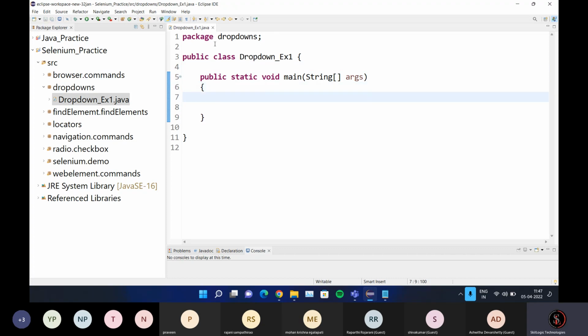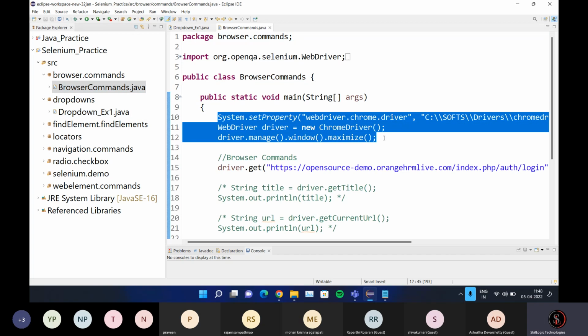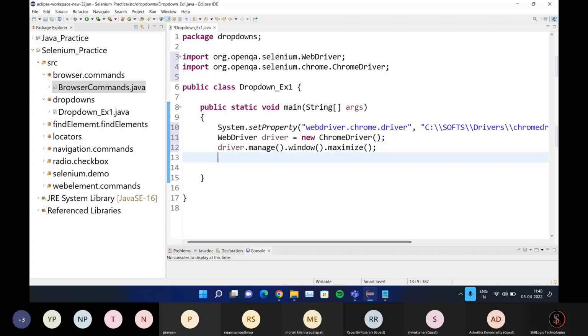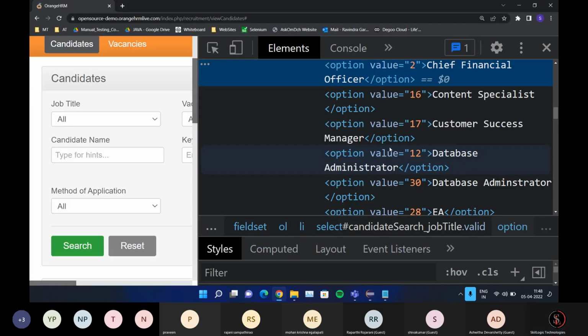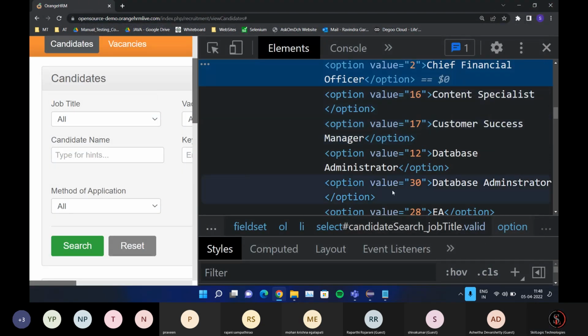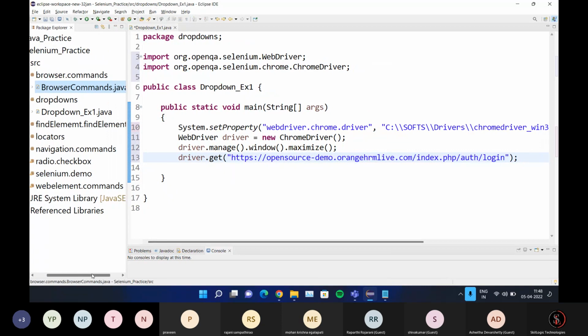Now, first I need to launch the website, correct? So for that purpose, I'm going to reuse the existing line of code. After this, what I'm going to do is driver.get, which will launch the URL. So what is the URL? This is the URL. Once I open the URL, what I can do is